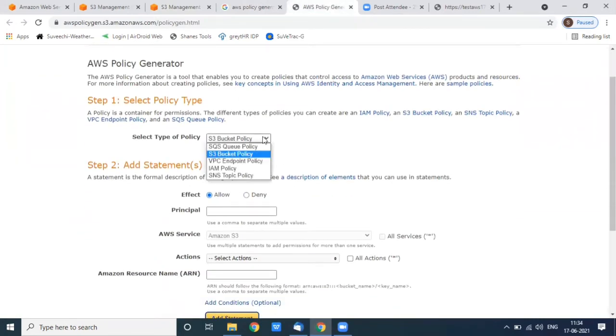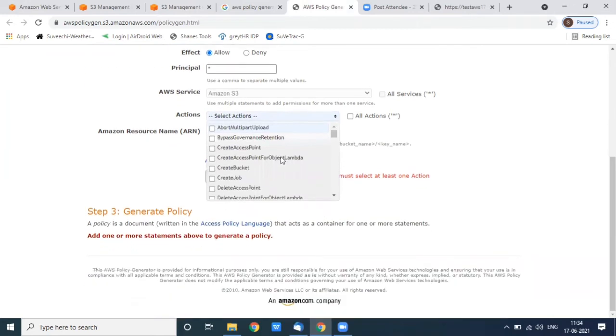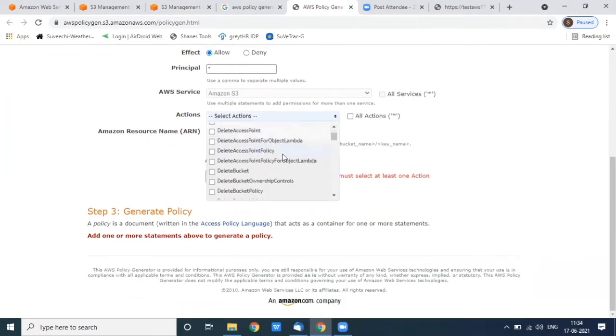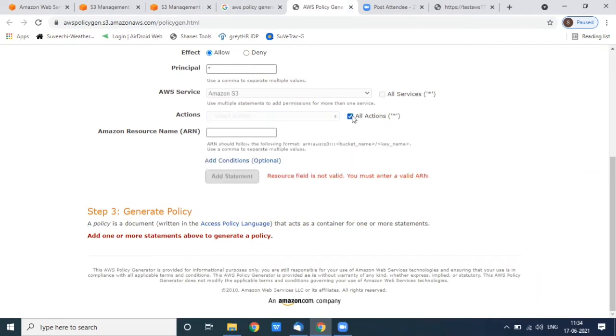Here there are different types of services for creating policies. For us, we are creating now for the S3 bucket, so I am selecting S3. In the principal, we need to select star. Star means from any source; if you want to provide for any specific services, star means I'm enabling for all. For the actions also, we have different types of actions to list, create bucket, delete buckets, delete the files, all these options are there. I am selecting all the actions, so this policy will apply.